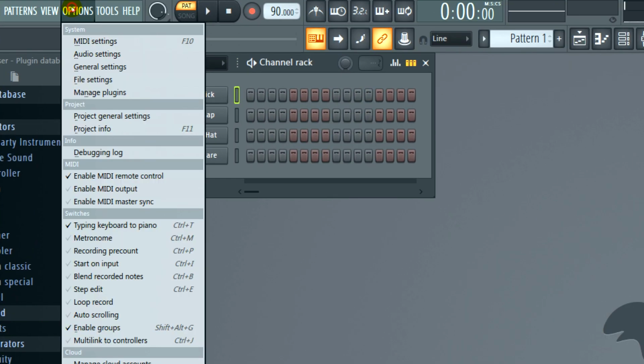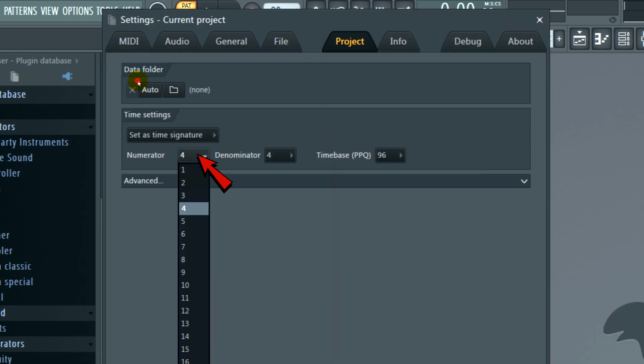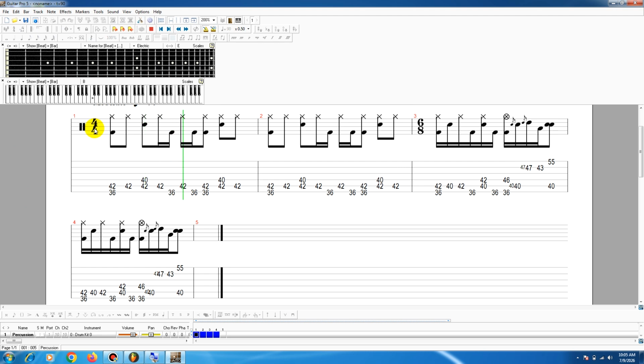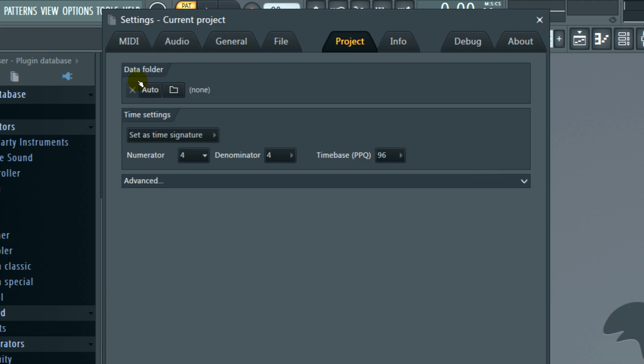Go to Options and click Project General Settings. This numerator option or top number indicates that there are exactly 4 beats in every single measure or bar, and this denominator or bottom number indicates that a quarter note receives exactly 1 beat. By default, I'm explaining about the 4x4 time signature because that's the most common one and it can also be